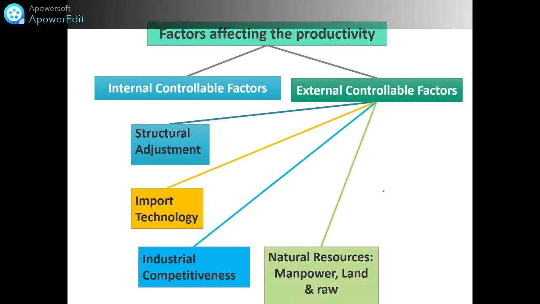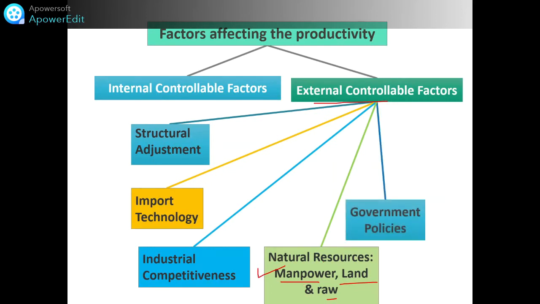Next are the natural resources, manpower, land and raw material, whatever is available. According to that, it may be an external factor. It will contribute; productivity improvement also depends on these factors. Next are government policies, taxation, or whatever factors are significant to productivity, the practices by agencies, and lastly transportation and communication power. That is also important among the external controllable factors.